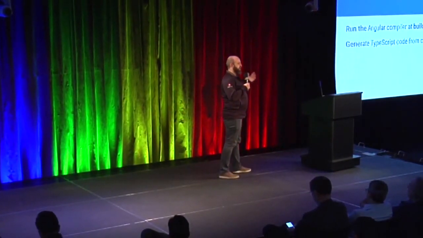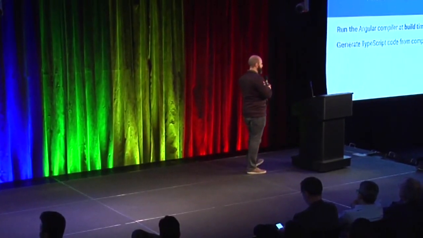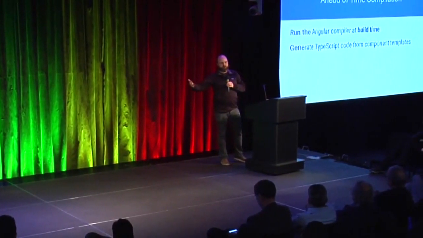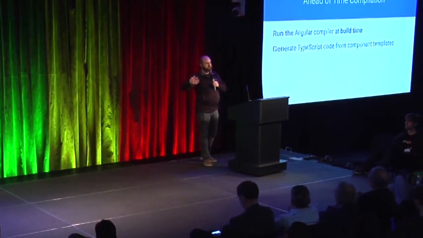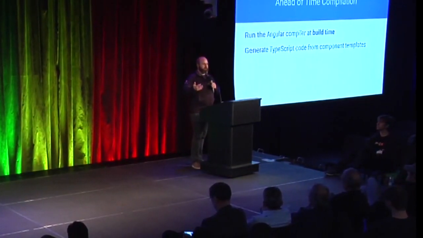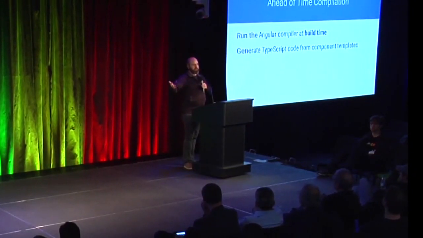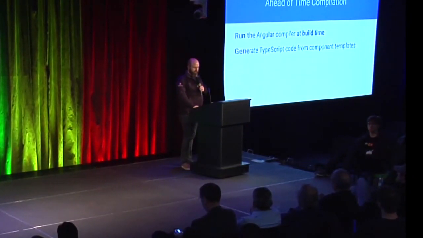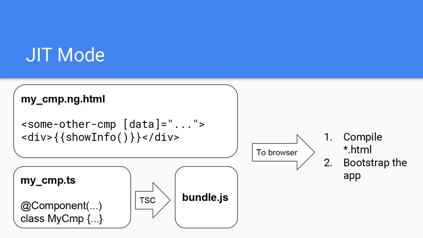High level, it means we generate TypeScript out of the templates instead of interpreting them at runtime. So we call it AOT. The old approach, we call it JIT, just in time, just in the browser, just in time we interpret the templates. The old version of Angular, AngularJS, only has JIT, right? So AOT is something that we only enable now. So this is how it used to work. So this is the JIT mode.